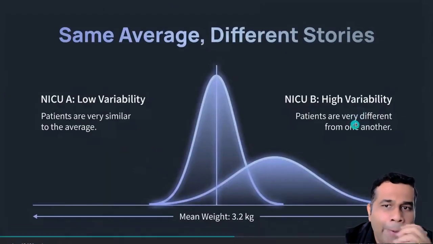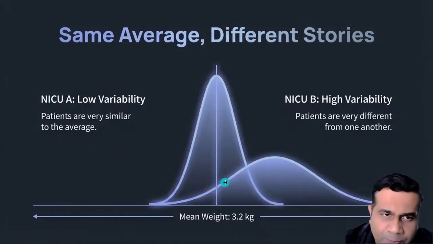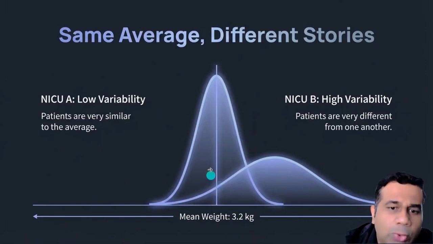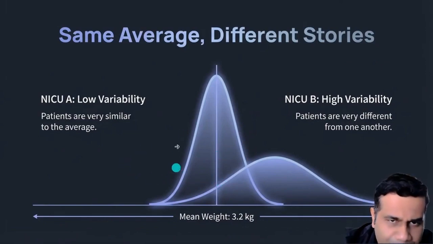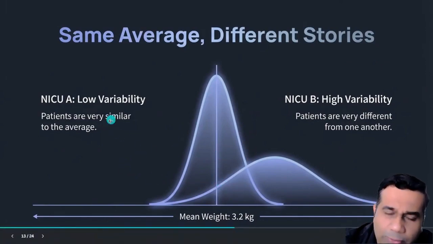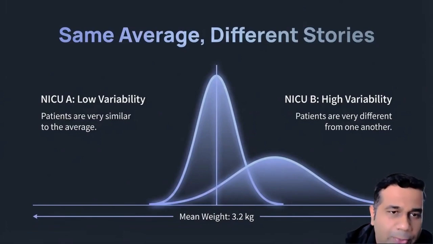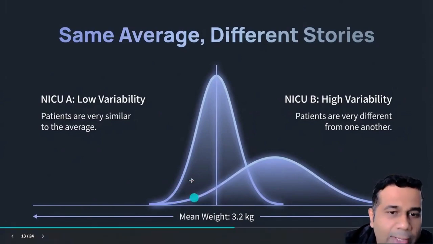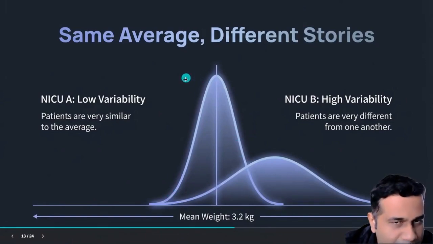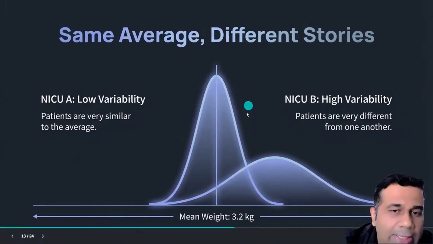Okay, now these are two different scenarios. You have two sets of values in two different NICUs, and you are looking at the mean weight of the infants who are admitted in that NICU. In NICU A, you can see it is following a normal distribution, right? So most of the infants have their weights within that particular range, within 1 standard deviation